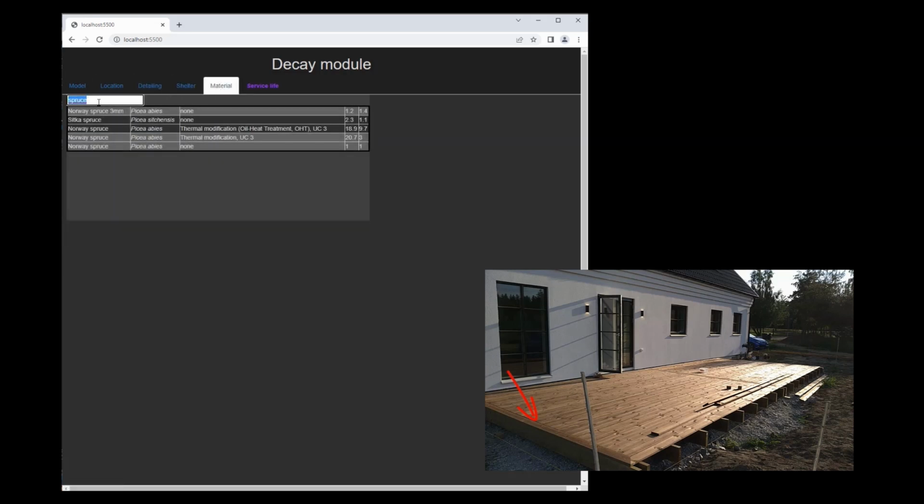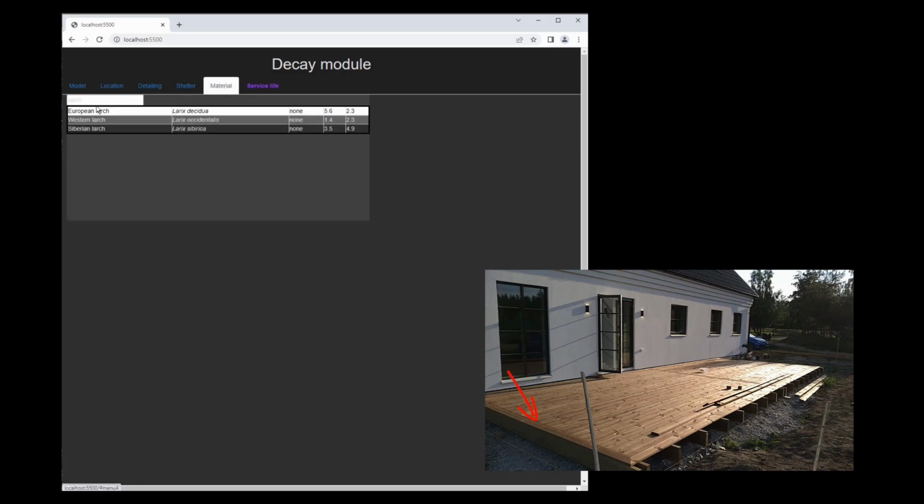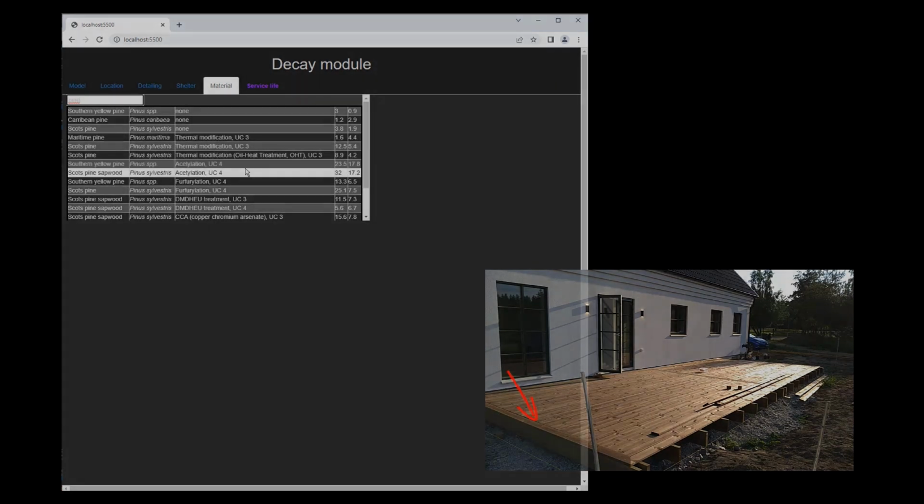So probably I should select a different material. Untreated spruce is not really so common for decking. That's for a reason. So I might choose larch instead, which is quite common in Sweden for decking. And then I can see that just changing the material, the service life increased by quite a lot. Now I'm too quick, but it was around 15 years, I think, for this detailing.